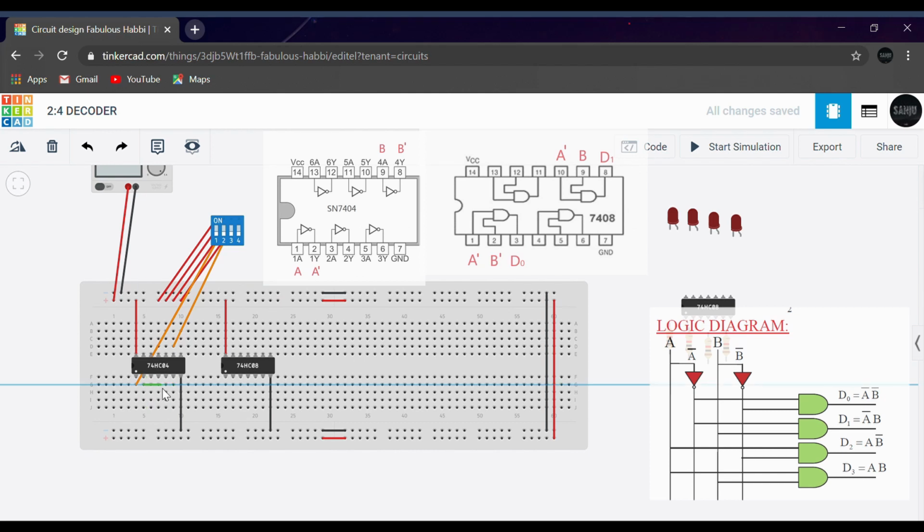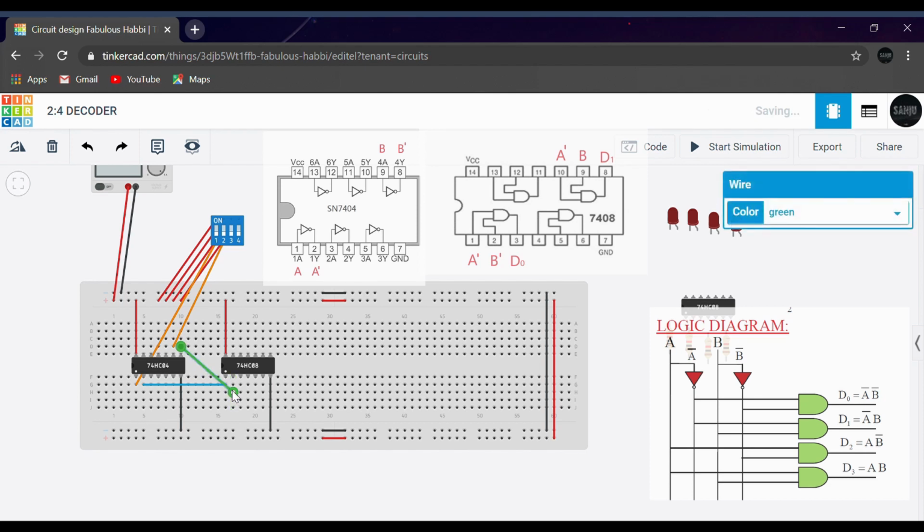The pin 2 of hex inverter is the A bar. I'll connect it over here for the input. I'll give it a color. And B bar is taken from the 8th pin. This is the second, and we're placing it into the second pin. The third pin is the output, which is the D0. We are placing our output here.